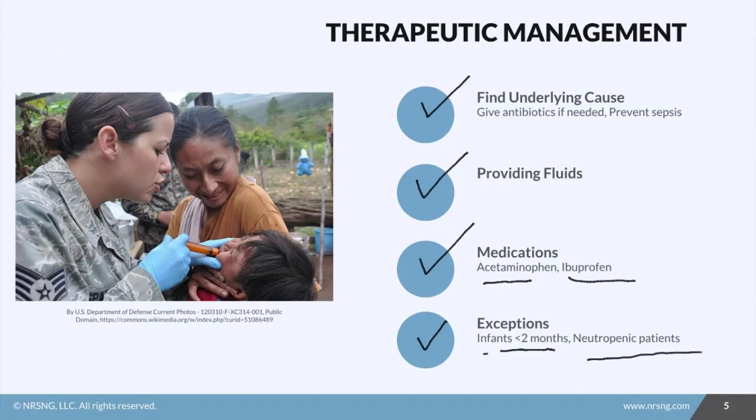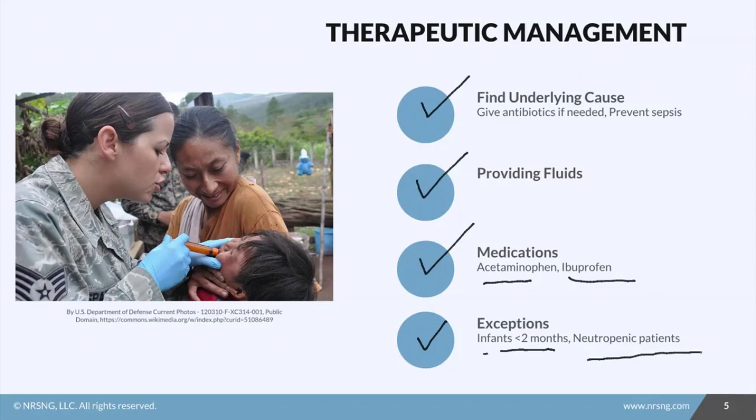So infants who are less than 2 months old are really, really difficult to evaluate. And they're also at a really increased risk for things like meningitis and UTIs. Now, if meningitis or UTI goes untreated, the child can end up with brain damage, or even long-term kidney damage if it's a UTI. So because of these risks,